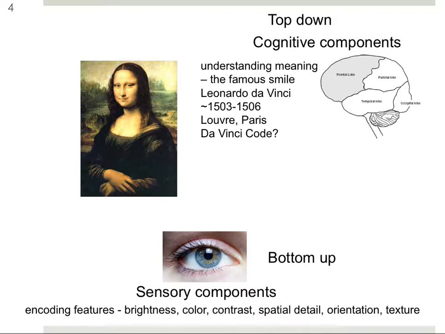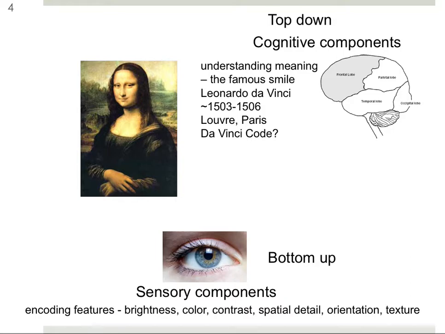You could also take, alternatively, a top-down approach and start with the cognitive components. You could start with something about the meaning, or something that is a long-term understanding that you might have had just by being alive in the world and knowing maybe a little bit of art history, right? You can start by understanding the meaning of this famous smile, right? You can start maybe by knowing a little bit about the historical context, and these are things that are not necessarily tied to the bottom-up components of the sensory information that went into your input, but you're using this top-down knowledge and top-down information or cognitive components